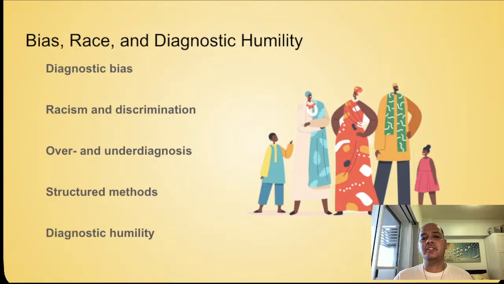And of course, there exists the bias, okay, in terms of race. And let's talk also about diagnostic humility. Assessment is not done by robots. It is done by human beings. And human beings have biases, right? Whether we admit it or not. So this includes cultural bias, racial bias, gender bias, class bias, and also assumptions about what normal should look like. That means clinicians can overdiagnose, underdiagnose, or misinterpret symptoms depending on how they see the person in front of them.